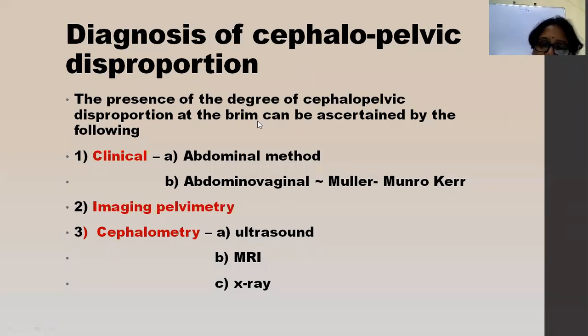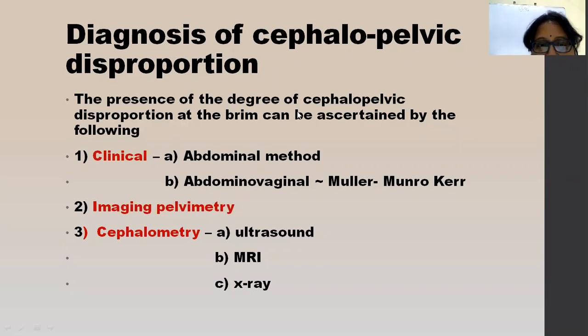And then in the obstetric history, you have to take any history of difficult labor in the previous delivery, what was the birth weight of the baby, and whether she had any difficult instrumental delivery which ended in death of the baby, or any early neonatal death, or if the baby has any neurological stigma. You have to find out all these things in the history. They will indicate that the woman had some problem in the pelvis in the previous delivery, leading to CPD.